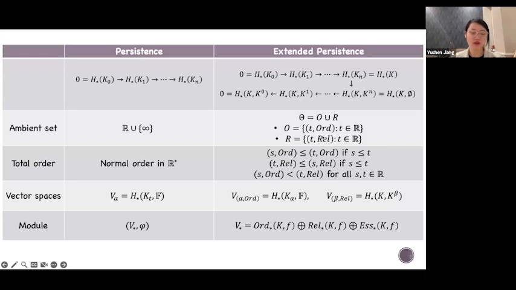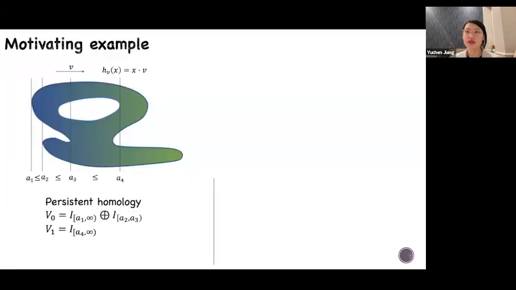So far, we have been quite abstract, and we're going to move on to some more concrete examples by considering 2D images, or more generally, manifolds with boundary. So in this motivating example, we're going to consider a height filtration with the direction taken to be pointing rightwards. And if you consider this abstract snail shape